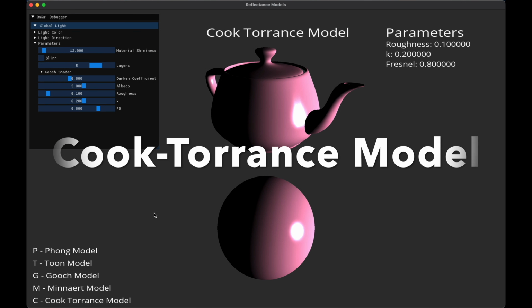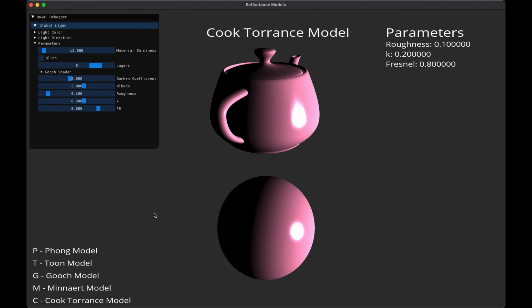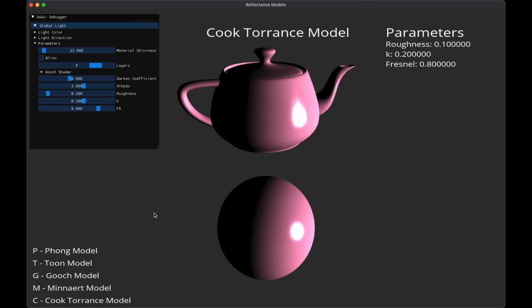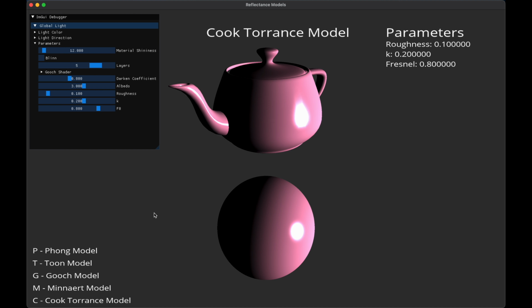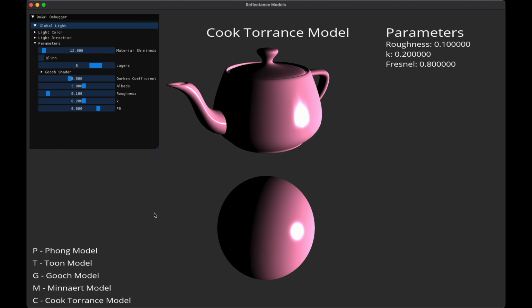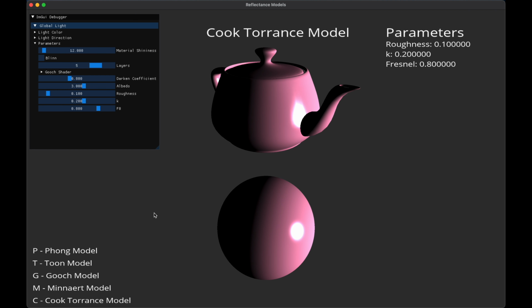Lastly, the Cook-Torrance shader simulates light interaction with rough surfaces. This shader considers the surface material, incoming light, and the viewer's position to affect the specular reflection of the light. The specular reflection uses a Fresnel term that describes the amount of light reflected from the surface. The Cook-Torrance shader also takes in a roughness parameter, where a low roughness value indicates a smooth surface with a high amount of specular reflection. In contrast, a high roughness value indicates a rough surface with a low amount of specular reflection and a high